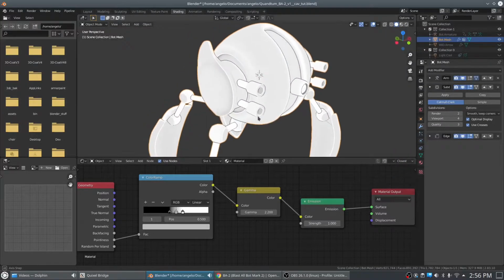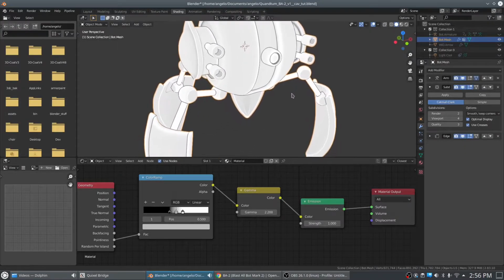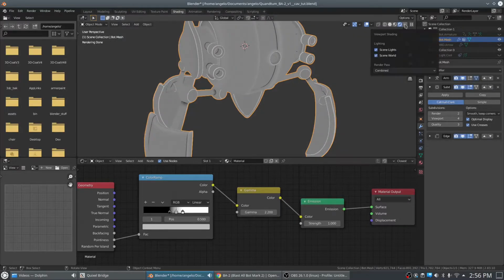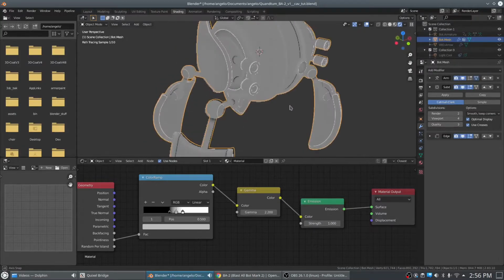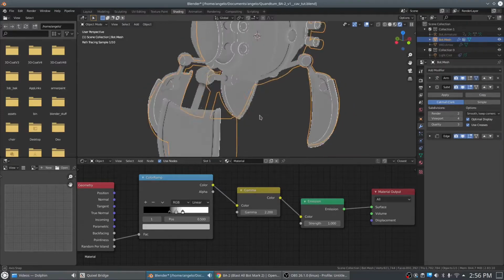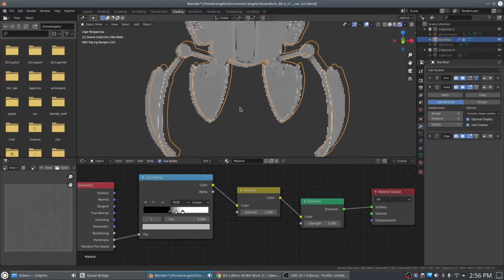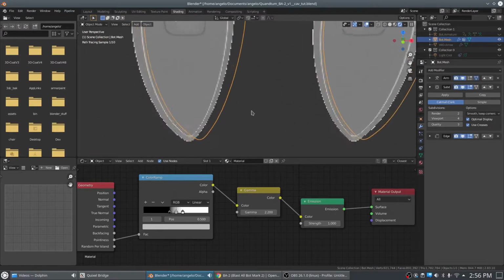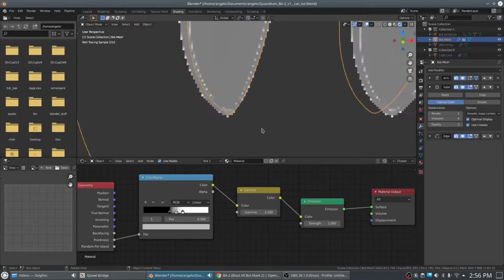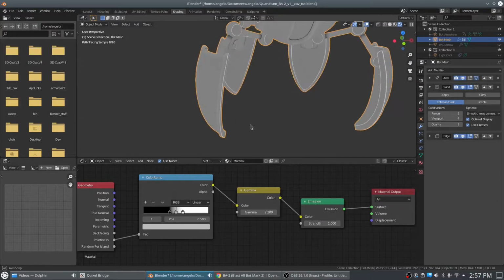Change that to flat so we can see it better. Go back to here. Turn off the scene lights. And that's kind of close. Alright. Is our artifact still there? Yeah, it's still a little bit there. But that's okay, and of course we can adjust out